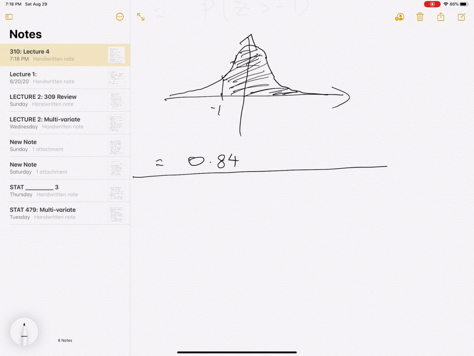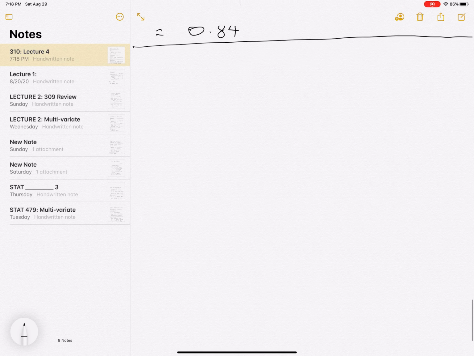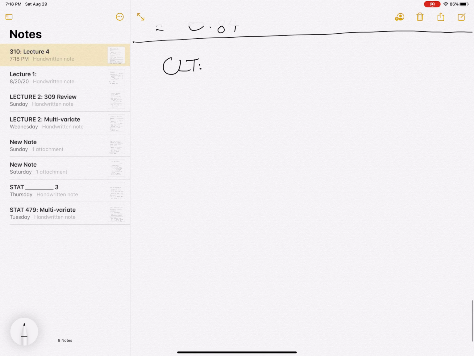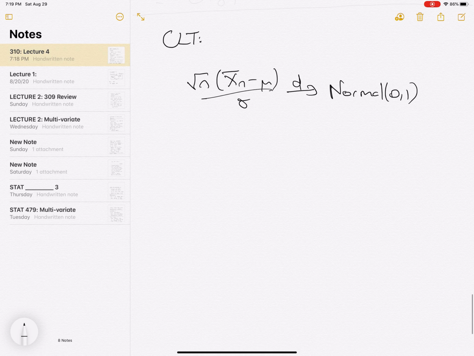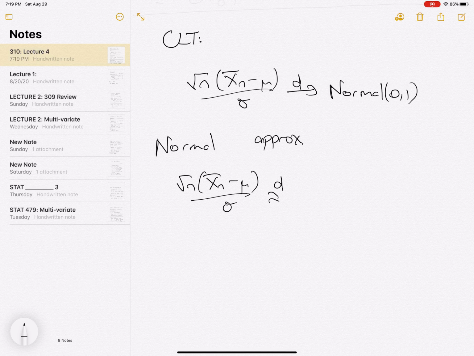So to summarize, we have the CLT, which asserts that, and how we use this result is the normal approximation, which is that, provided that n is large enough,